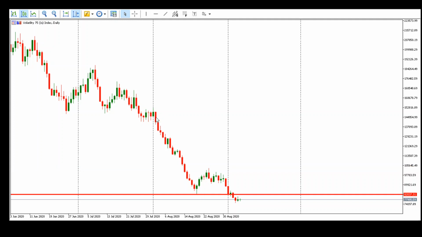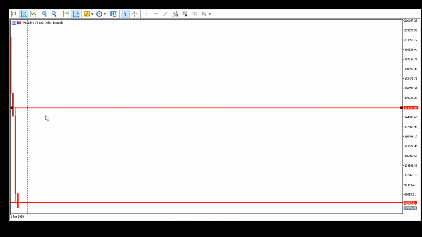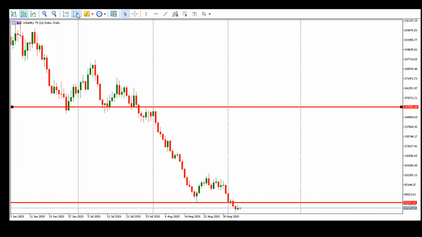So now I know the high of this month is here, and the low of this month is here. So it is the same. You can draw this high and low. It means the high of that candle of monthly and the low of that candle here. Once you are in a monthly time frame, the high of the candle and the low of the candle, it's the same. But if you are in daily time frame, it means that the market